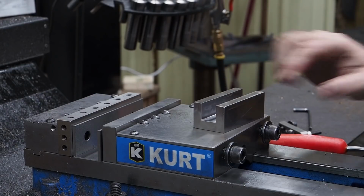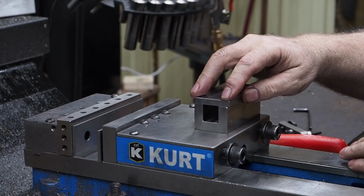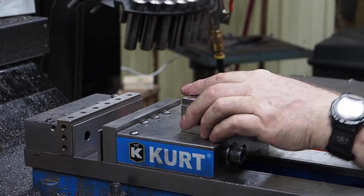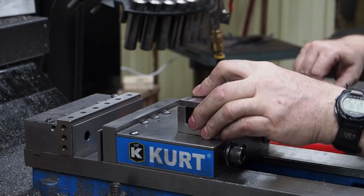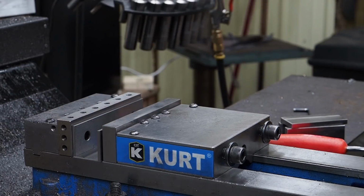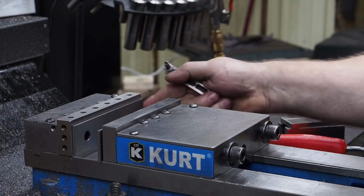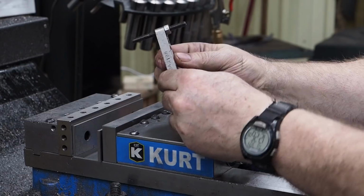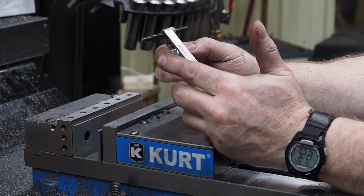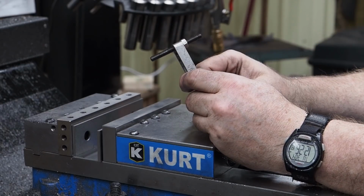Well, what I got to do now is I got to have some tap toes in here, some counterbore holes in the bottom. I'm going to have some flathead cap screws in here. So there's a series of holes that I'm going to need, and I want them to come out the same. So one of the things that we got with our modular jaw tooling that you've seen in some of our videos, these back jaws have 3 tap toes on both sides. And here's a stop that I made for my mill that I've had probably close to 40 years. It was just out of a piece of O1, and I'm going to be making something similar to these stops that go along with